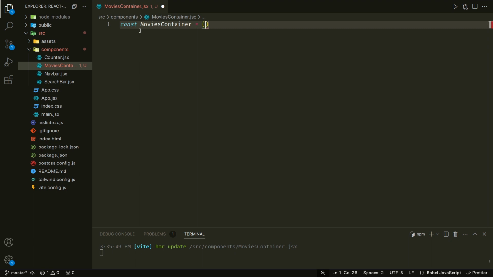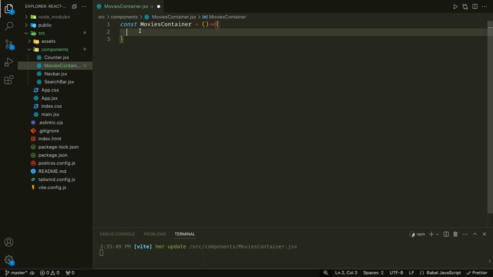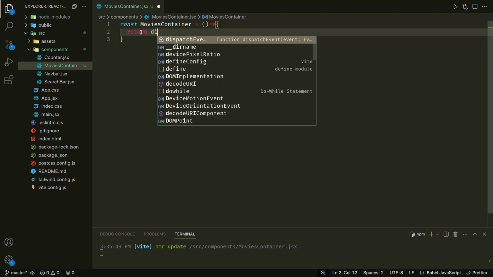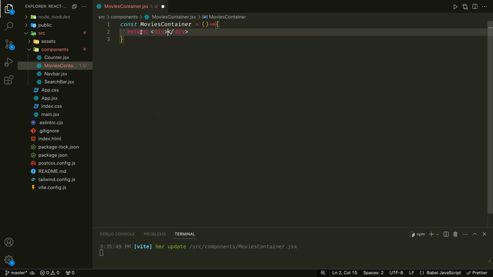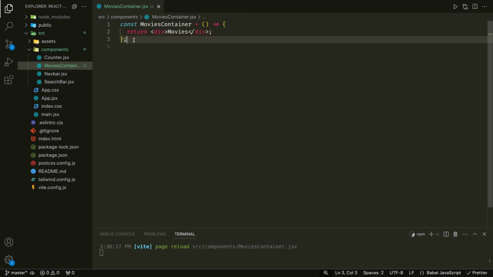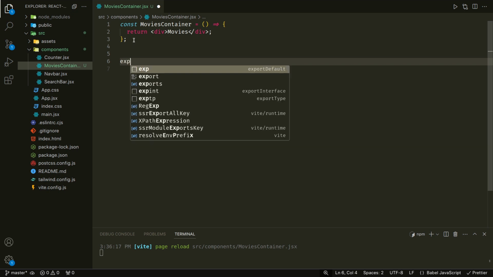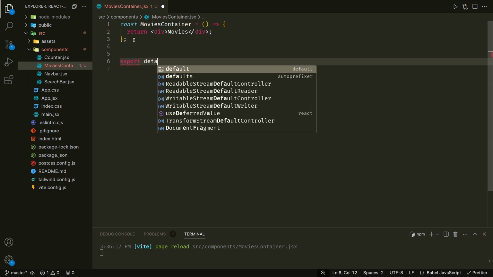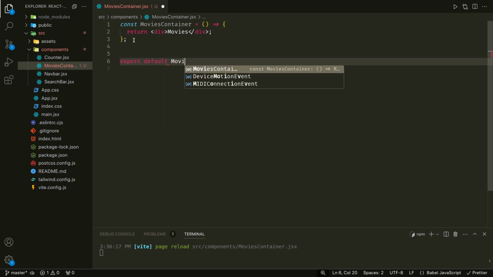So movies component, a JavaScript function, and it returns, let's say, a div for now, and it says movies. Now we have to export this component. So export default MoviesContainer,